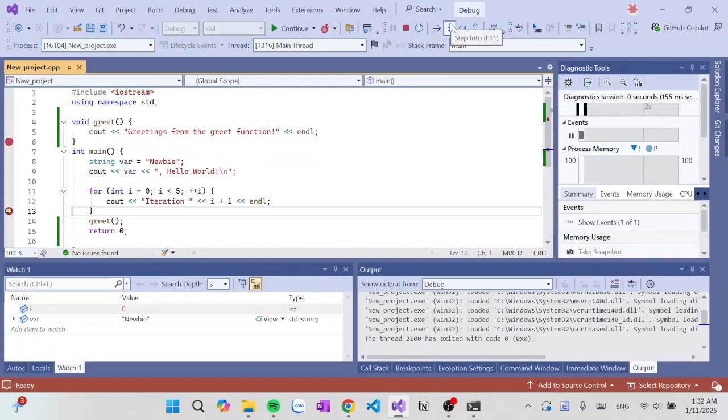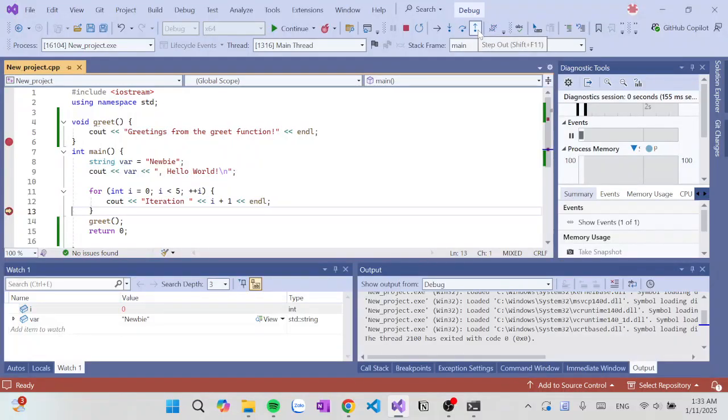So basically, step into is a function to advance the debugger into the first statement of the method invoked on the current line. It also allows you to debug the method's internal code line by line. If you click here, step over, it will advance the debugger to the next statement. And if the current line has a method, then step over will execute the entire method and skip entering it, moving on to the next line in the current scope.